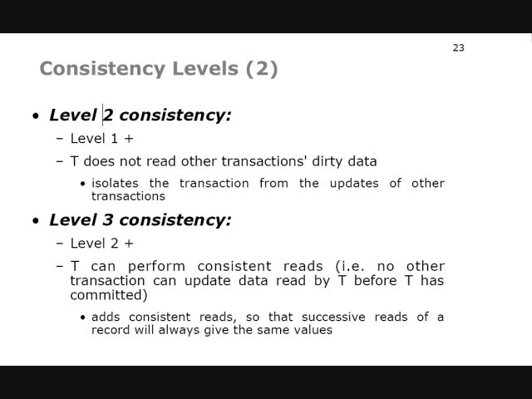I can have a higher level of consistency. Level 2, which is going to be level 1, so the two conditions before are going to apply, but in this case, the transaction doesn't read other transactions' dirty data either. So that is a level 2 consistency. It doesn't write over other transactions' dirty data, it doesn't allow other transactions to read its dirty data, and it doesn't read other transactions' dirty data. And finally, the level 3 consistency is all of that,